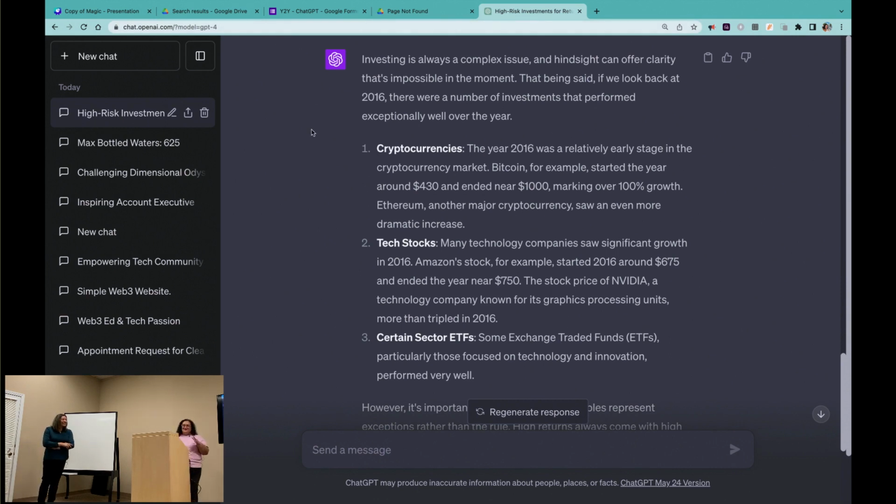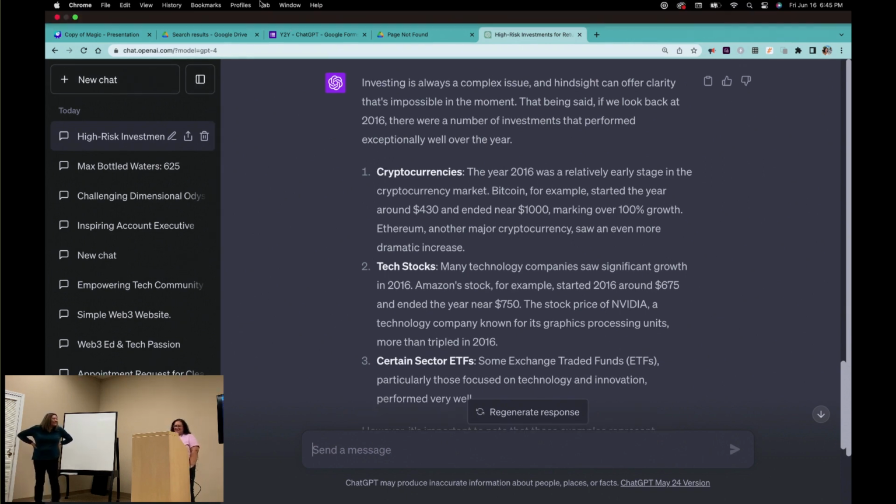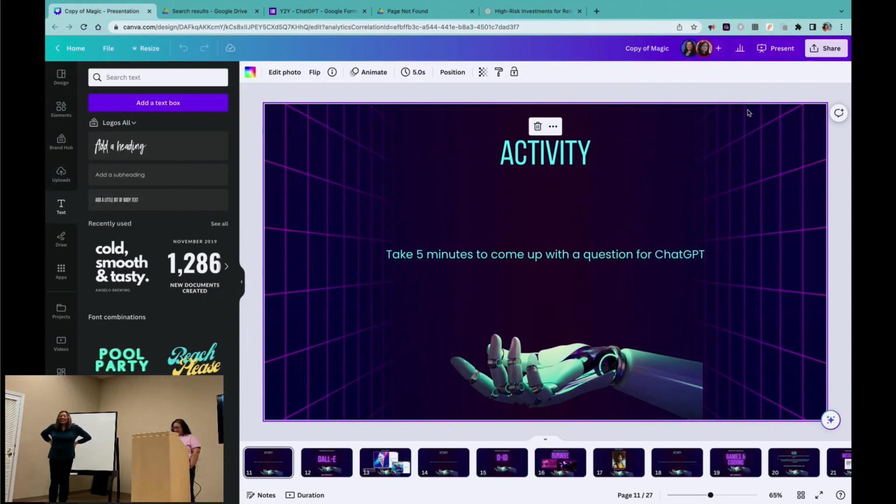Does anybody else want to share theirs before we move on? Do you want to share yours? You haven't even used ChatGPT. I don't know, it's not going to give me financial advice, it's not going to make me rich. Do another one? I don't have any more off the top. I think we should move on, because the other tools are pretty cool too. I write all the time. I would only have questions.